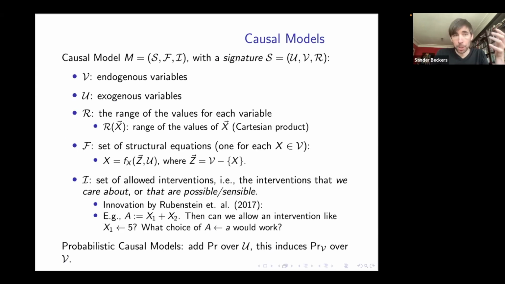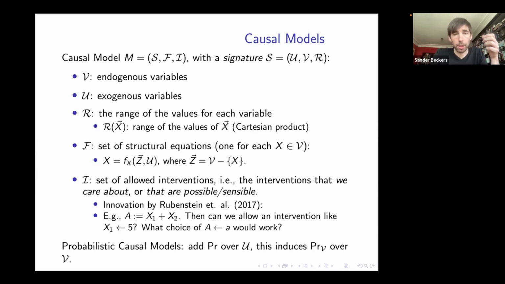But I have to explain the notation I'm using and what kind of causal models I'm talking about. And if you're familiar with my papers on abstraction, then you should be familiar with the fact that I'm using Halpern's notation, which is very logic-based. So we have a signature, which is telling you what the exogenous variables are, U. It tells you what the endogenous variables are, V. And then there's also R, which is giving you the range of all the values. And the notation is always with vectors. So vector X refers to a tuple of variables, and then if we take the range of that, it's essentially the Cartesian product of each of the ranges of the variables separately.